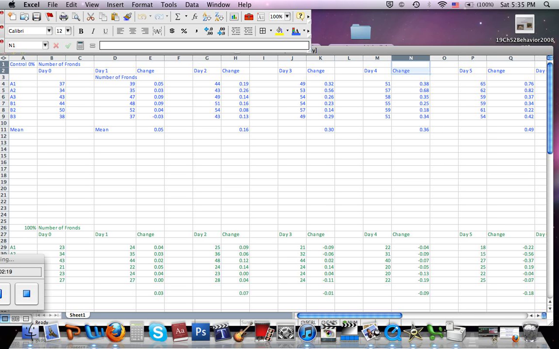So you can see that I have a formula here in the cell, and what I did was enter that in and fill it down. And you've got a mean of 0.05. So we would expect a 5% increase in growth. If we were to start another experiment, we would expect those cups to be around a 5% increase in growth. So if we had 20 fronds, we would expect them to be at 24 by day one